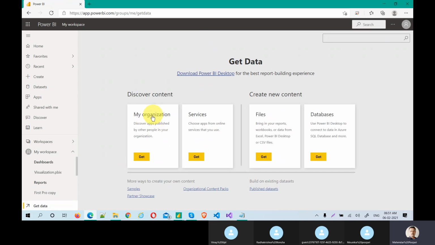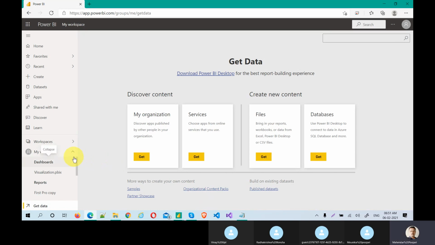This is one of the useful things. Databases: we'll come to this, SQL Server database and Azure database and everything you can connect from here. You can see some samples also. Organization content packs. We'll talk about this later. A content pack is just a ready-made cake that can be used by others. So that is called a content pack.